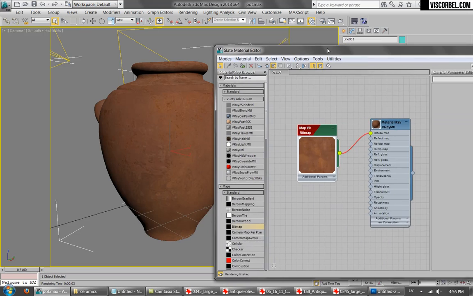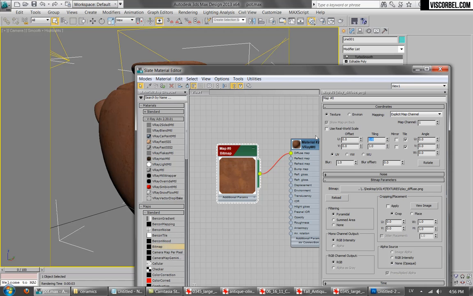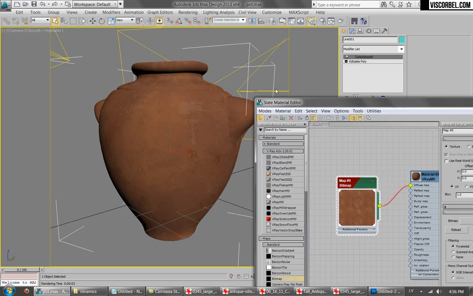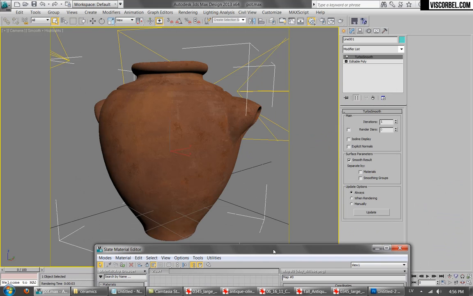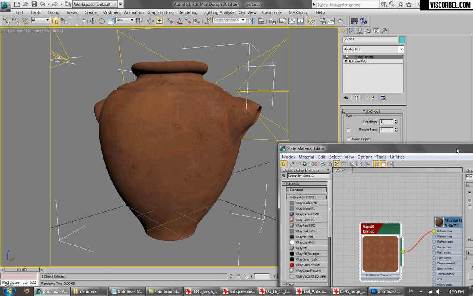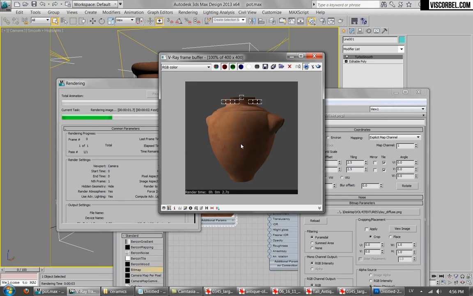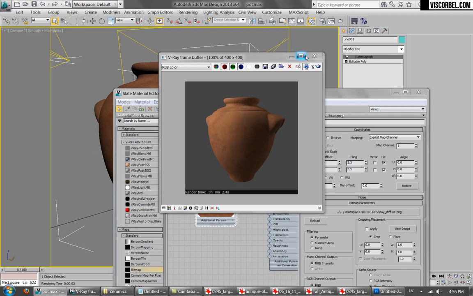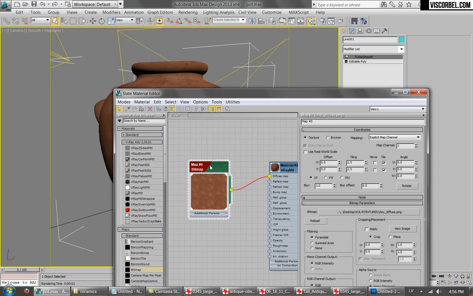And looks like we need to increase the tiling a bit to make it a bit smaller. 2 by 2, maybe 2.5 by 2.5. It sort of looks okay. I think that's a decent start, but there are a couple of things I want to do to this diffuse